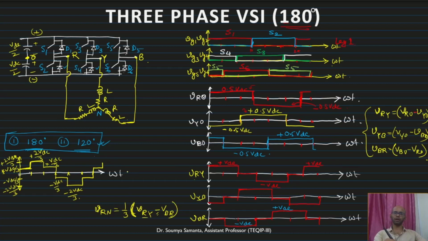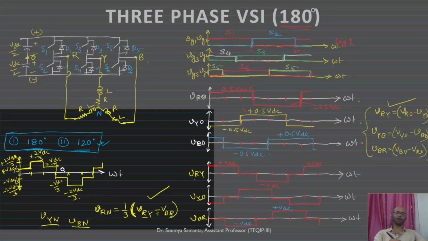Okay, so this is how we are going to get phase voltages. Now we will use this one and the Fourier analysis to find out the fundamental voltage later on. So this is all about the 180-degree operation. If you use this set of formulas, 2 sets of formulas we require. This is one set, this is another set. You find out the other 2, VYN and VBN. Please find out these 2 by yourself. You will get similar type of things.